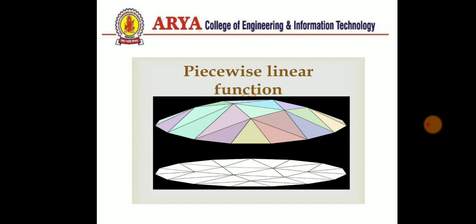Now this is an example of the output of piecewise linear. Here we can see the upper part of a diamond, in which we color each part in a different color. So we can say that the complete object is divided into some pieces, each piece is operated on individually, and we color those pieces in different colors. When we perform this function, the main task is to operate in a piecewise manner.